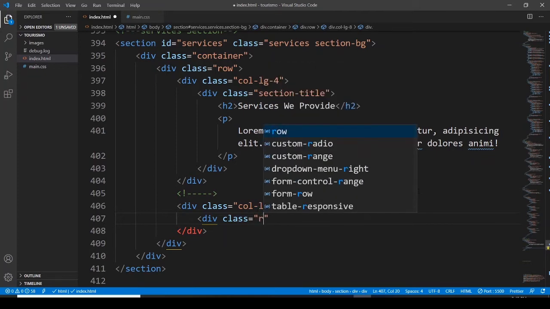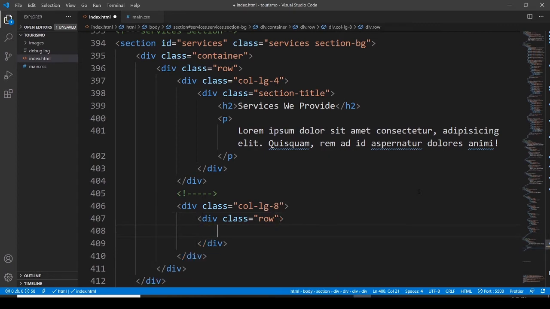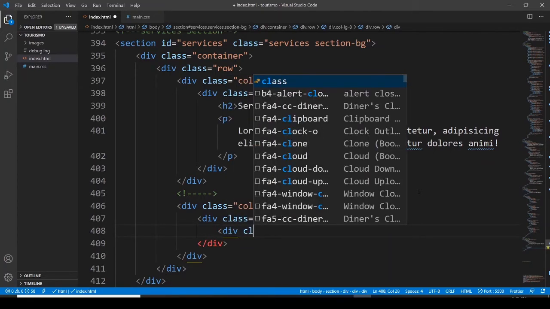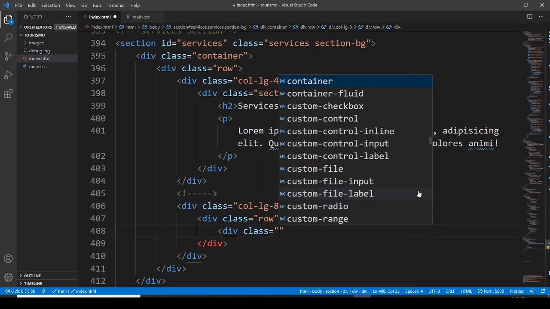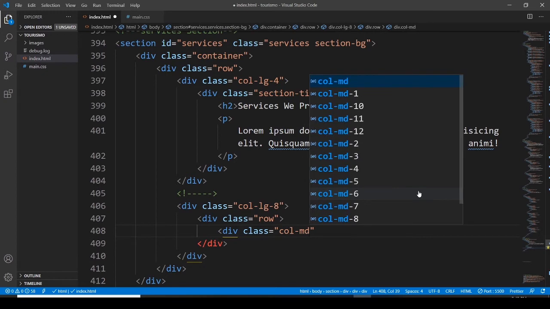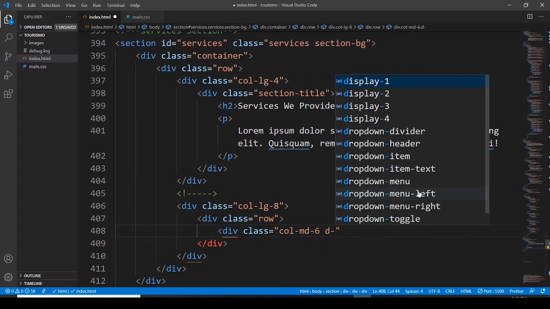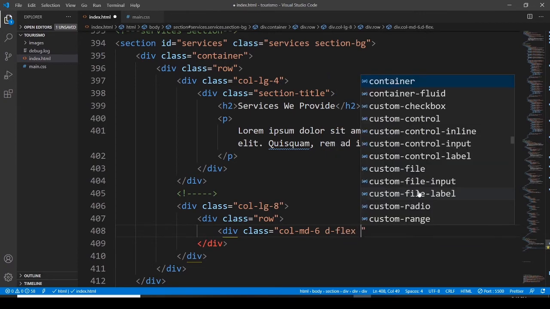Should be row class, and then column, the division, and a class, and this class is going to be column medium 6, display flex, align items stretch,